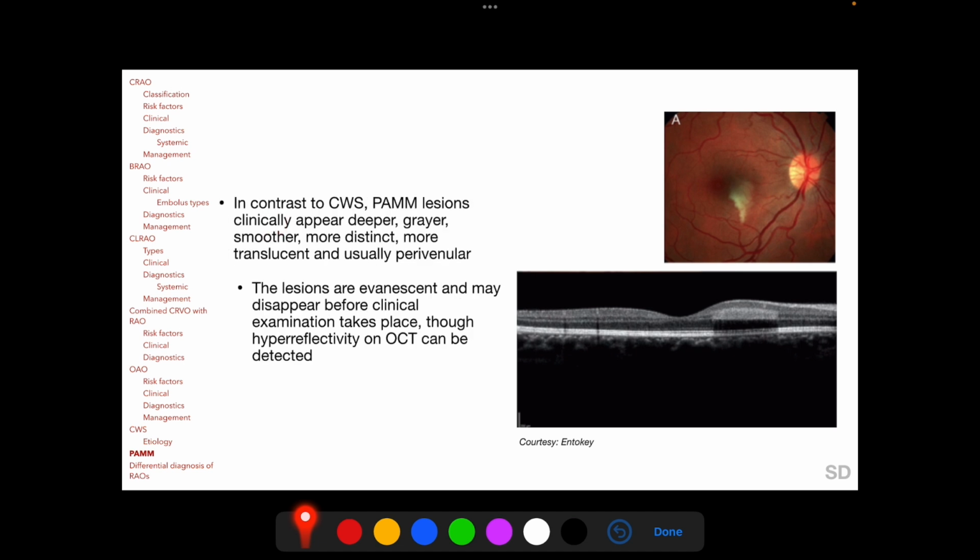Clinically, in contrast to cotton wool spot, PAMM lesions appear deeper, grayer, smoother, more distinct, more translucent, and usually perivenular, because the perivenular location is the farthest from the arteriolar end of the capillaries. The PAMM lesions are evanescent and may disappear before clinical examination takes place, though hyperreflectivity on OCT may persist and